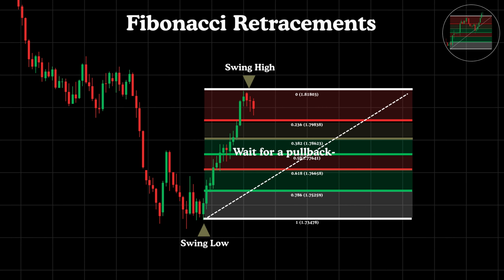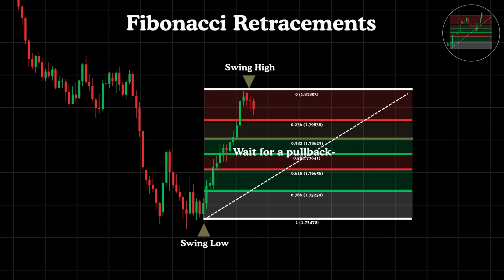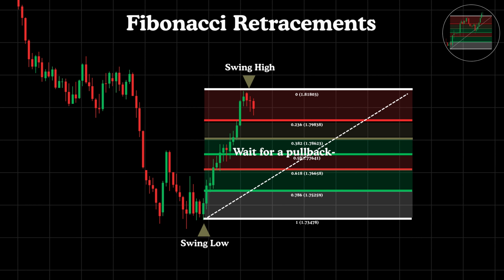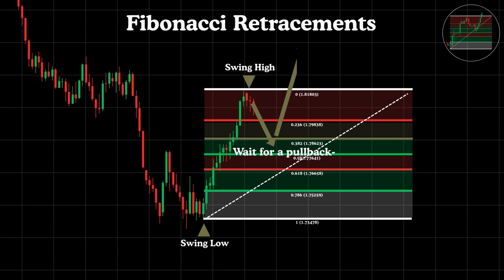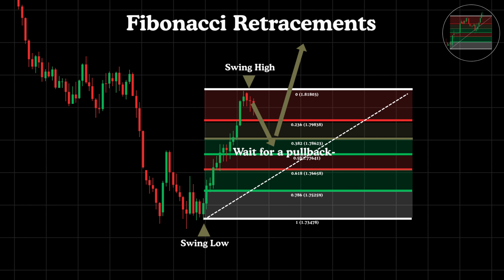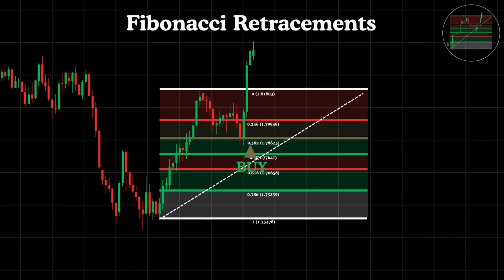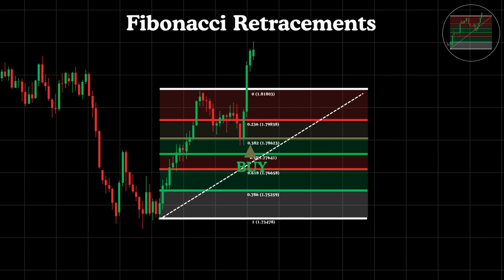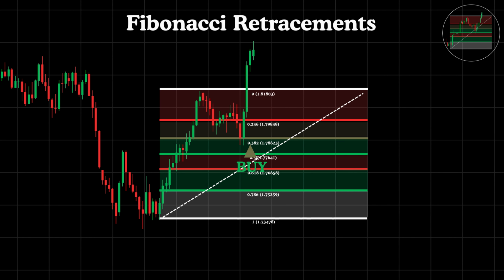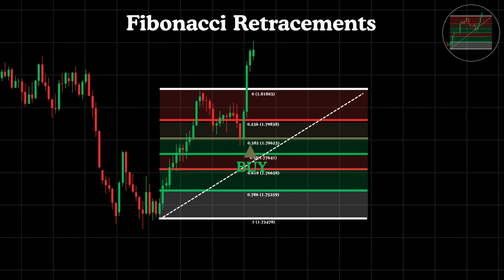After that, watch for a retracement to occur, ideally toward the 0.382 Fibonacci level, as it's commonly where price reacts or changes direction. If price reaches that level, it could offer a potential buy opportunity. Remember, price can also pivot at other Fibonacci levels, so it's wise to use it along with other confirmation indicators